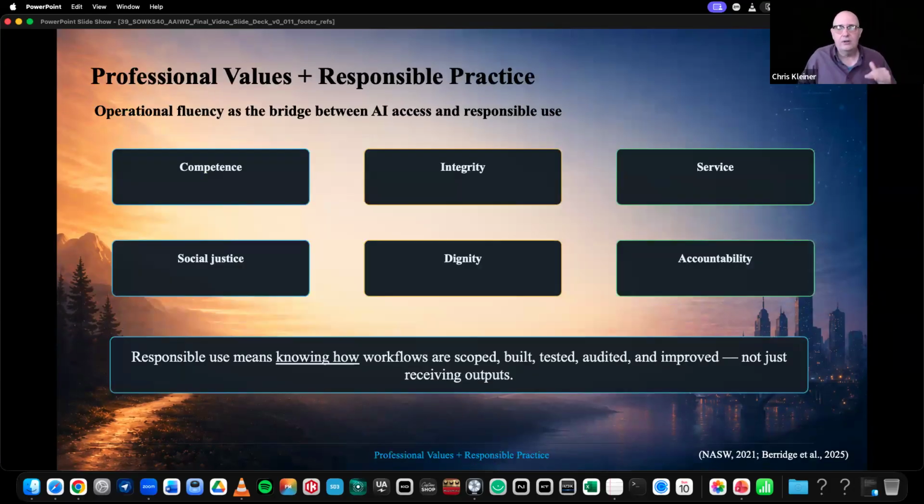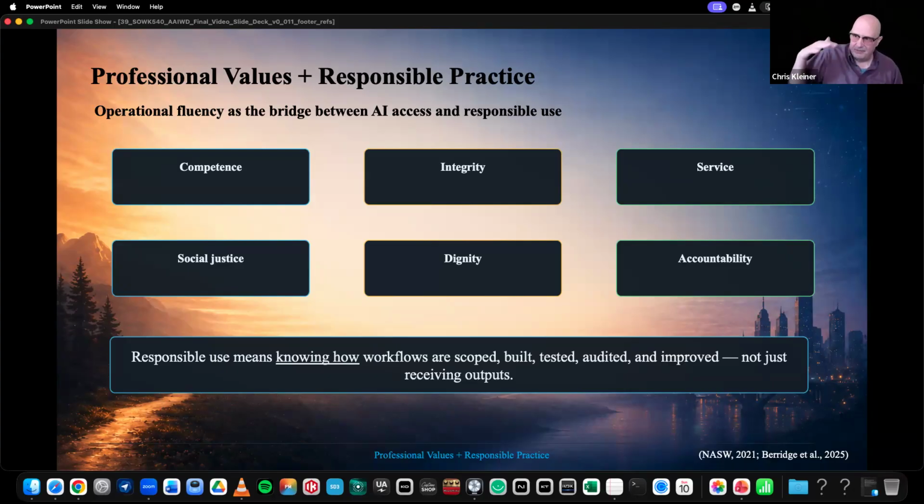On this slide, it's one of my favorite slides because I looked at all these really important domains, and I had this sentence. The more I looked at it, I was like, responsible use means knowing how workflows are scoped, built, tested. That one sentence, in my opinion, maps to every single one of these. It's like, well, how does dignity? Well, the dignity is because I have bias control and auditability, people aren't going to get broken down, clients and groups aren't broken down into numbers, right?